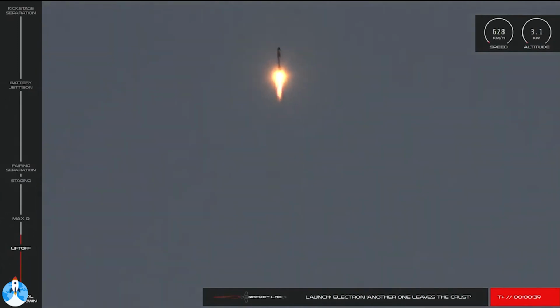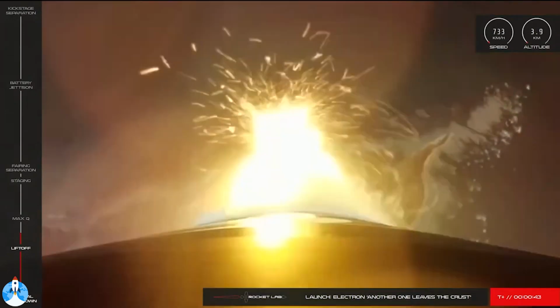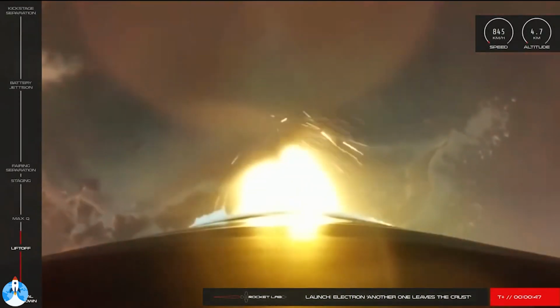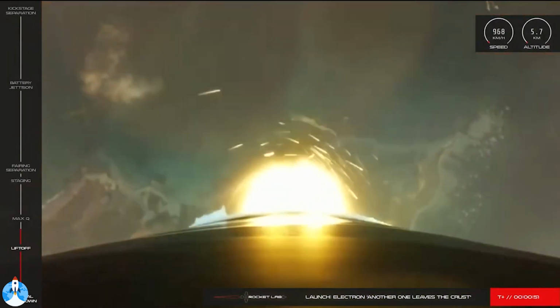And with that, another one leaves the crust. Electron has successfully cleared the pad at Launch Complex 1 and is on its way to orbit. We're now at 46 seconds into flight of our 18th Electron mission and approaching one of the first major milestones